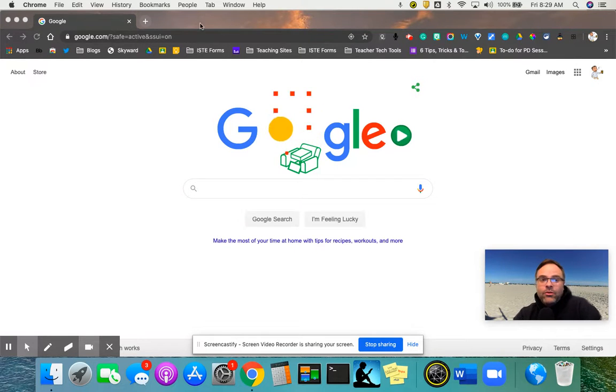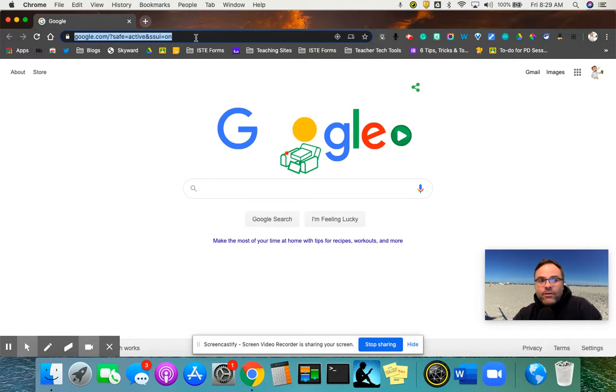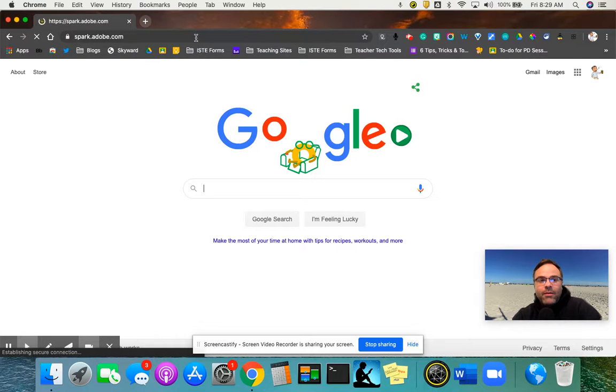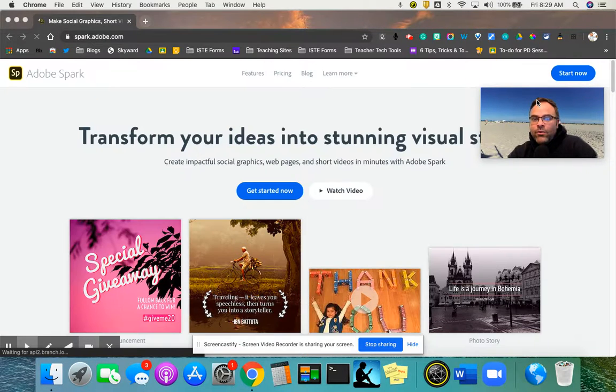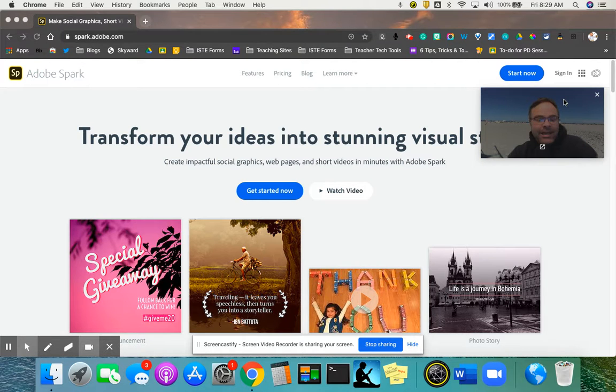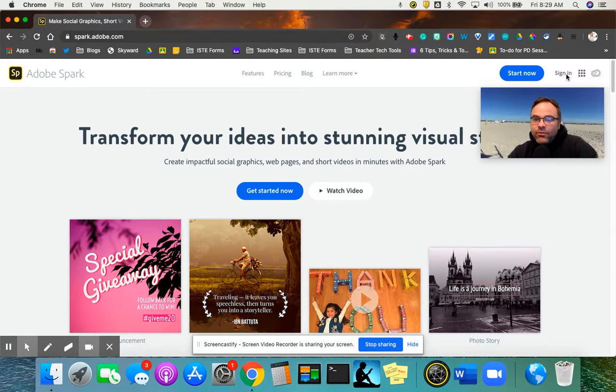So to get to the Adobe Spark videos or posts or products, whatever it is, you're just going to go into your web address bar. You can simply Google Adobe Spark, or you can type in spark.adobe.com and it'll come up this way. And you're going to notice as soon as we get here, up in the top right-hand corner, there'll be a little sign in button right above my head. So if we click sign in,